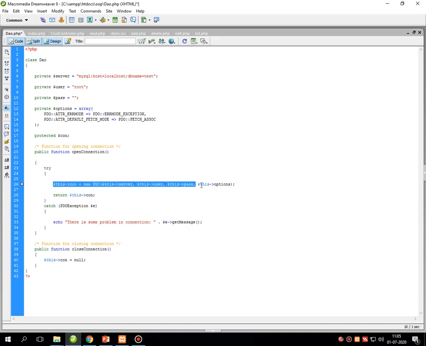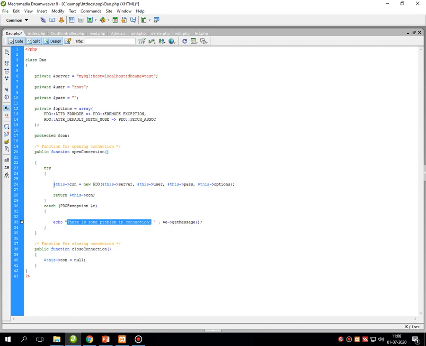If anything goes wrong in this particular statement, that means suppose you have given the wrong server name, wrong username, wrong password, wrong database, anything, then the catch statement will be executed, and it throws one exception message onto the screen that there is some problem in connection, and your program gets terminated over here.